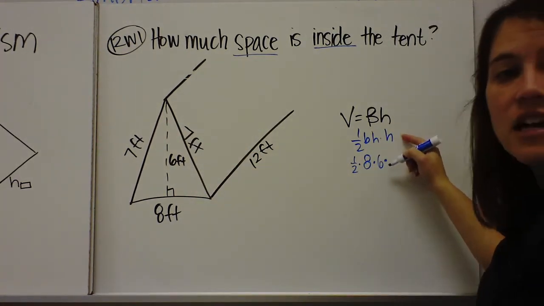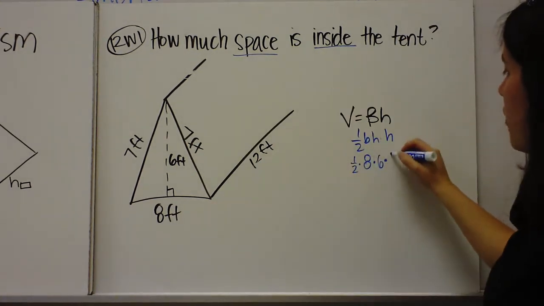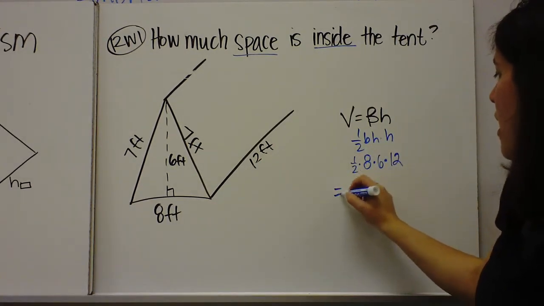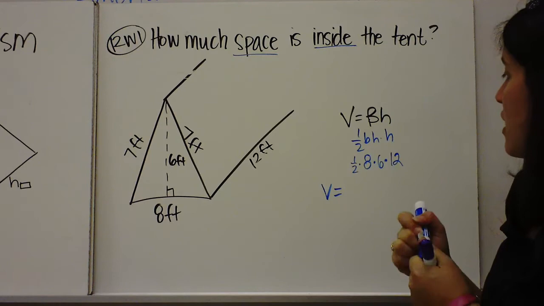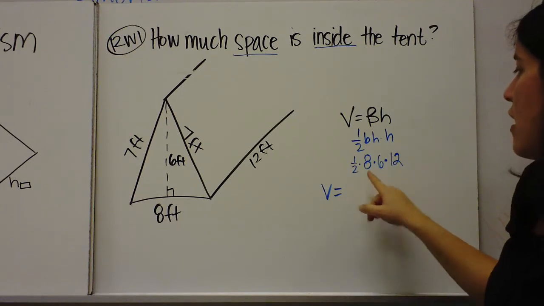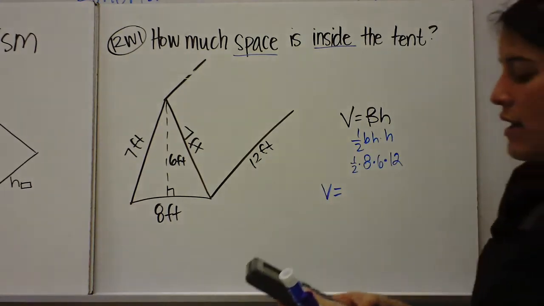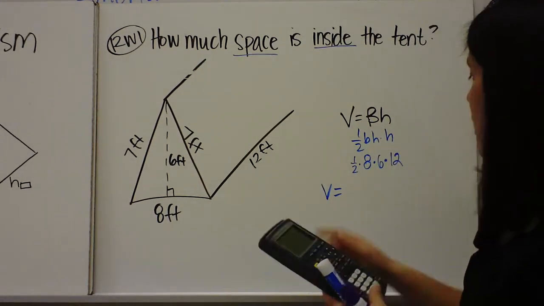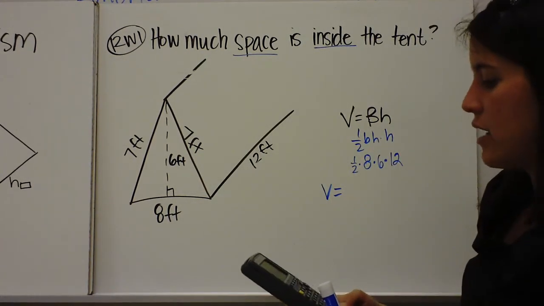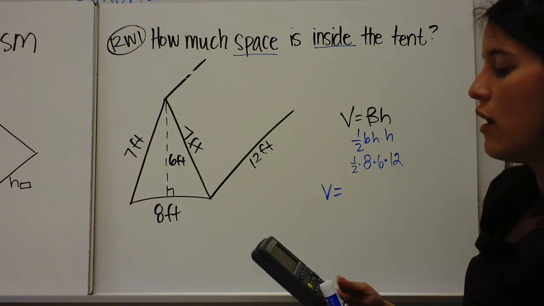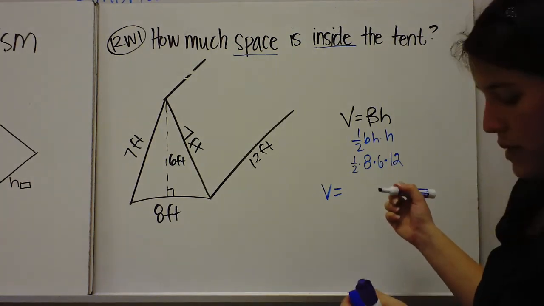And then the height of the prism would be 12. And the volume of this would be, I don't know, let's type it in. 1/2 or 0.5 times 8 times 6 times 12, and the volume would be